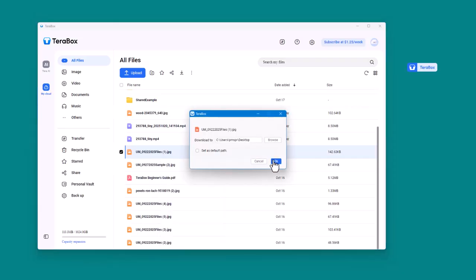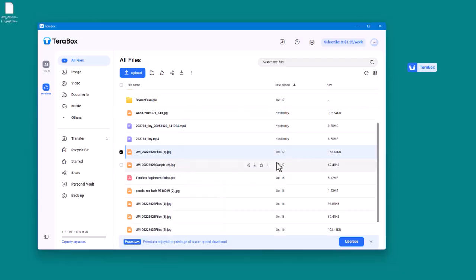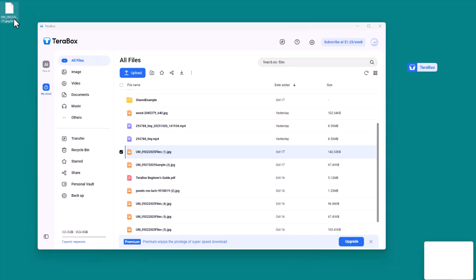So let's say, for example, if I were to download this right here, then as it completes downloading, you get the notification just like this, along with the sound that we chose. So that is how you can work around with the notification settings as needed inside of the Terabox